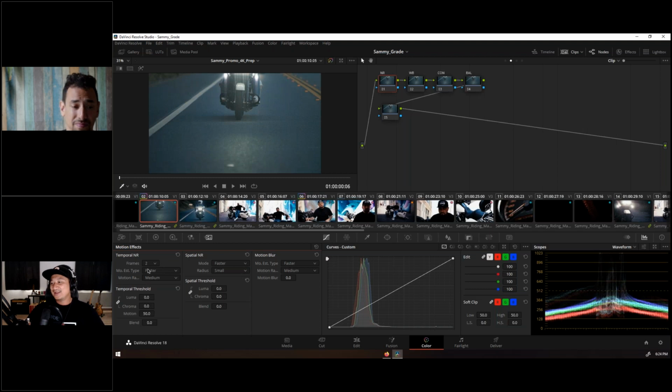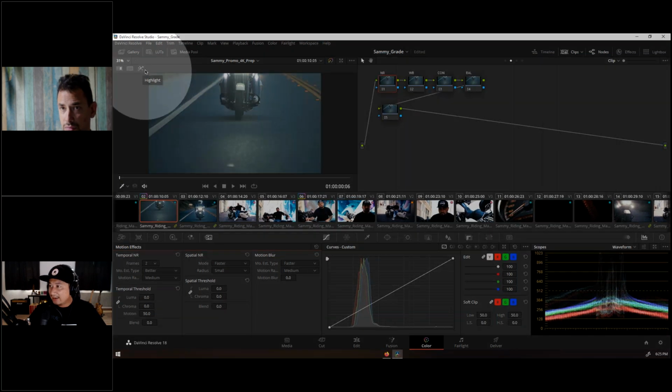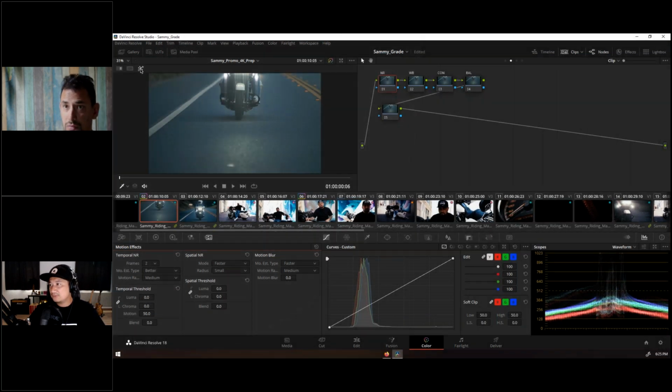So you can define the frames, and you have the estimations. I normally just say stay with better and medium. And when you're using temporal, you sometimes think, do I just crank it and use it like that? But there's a better method to do that, and that is by using this highlight here. So if you click highlight